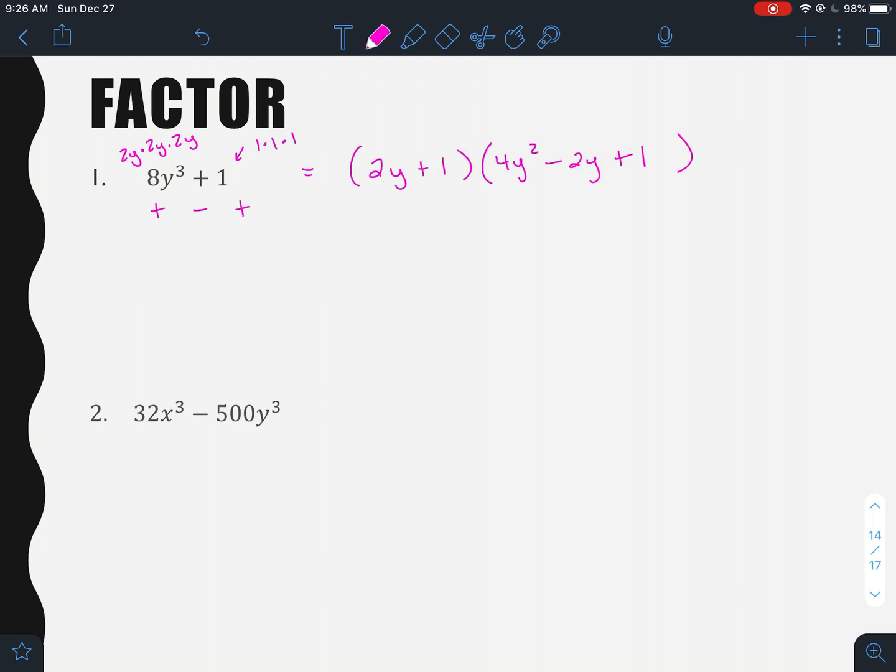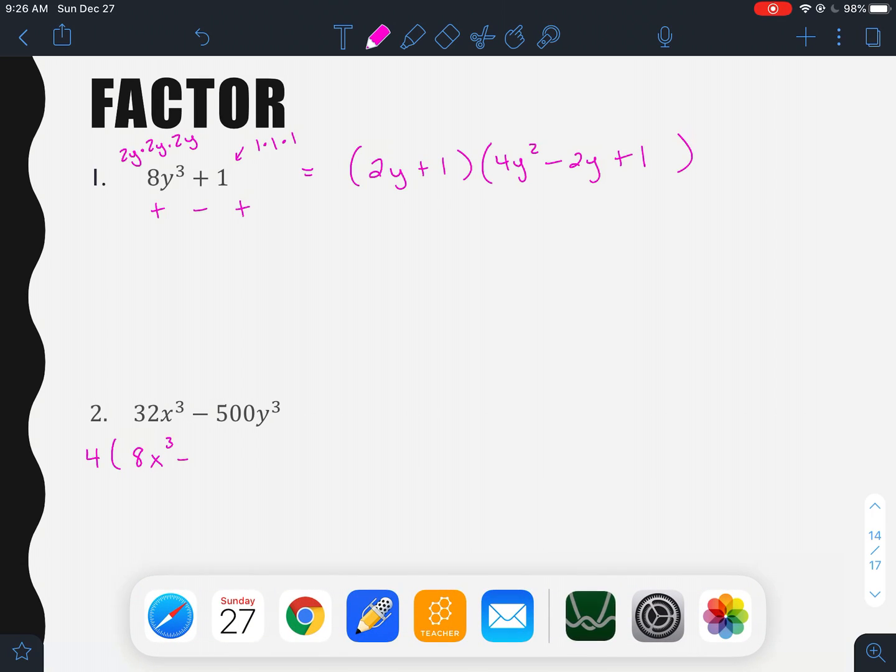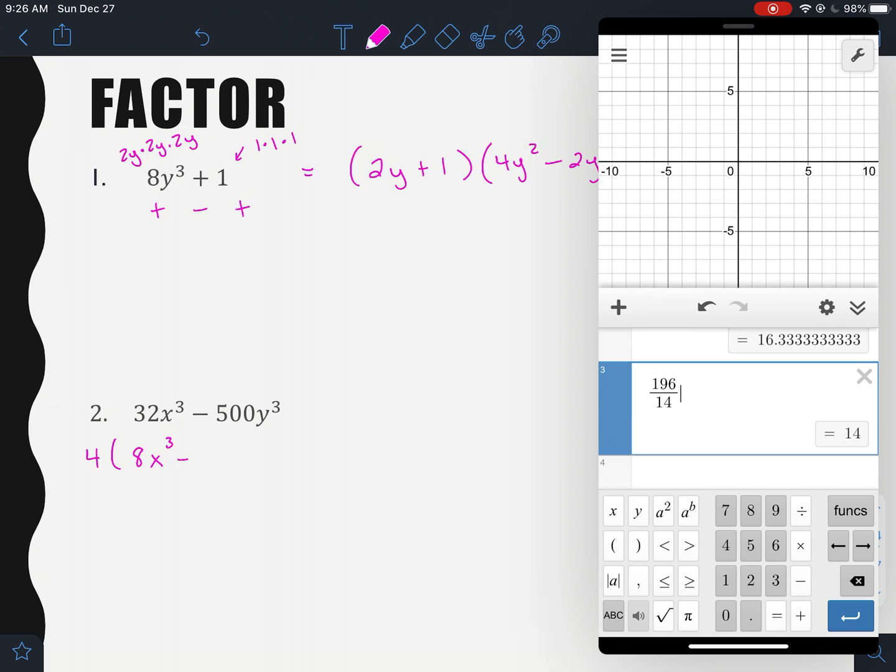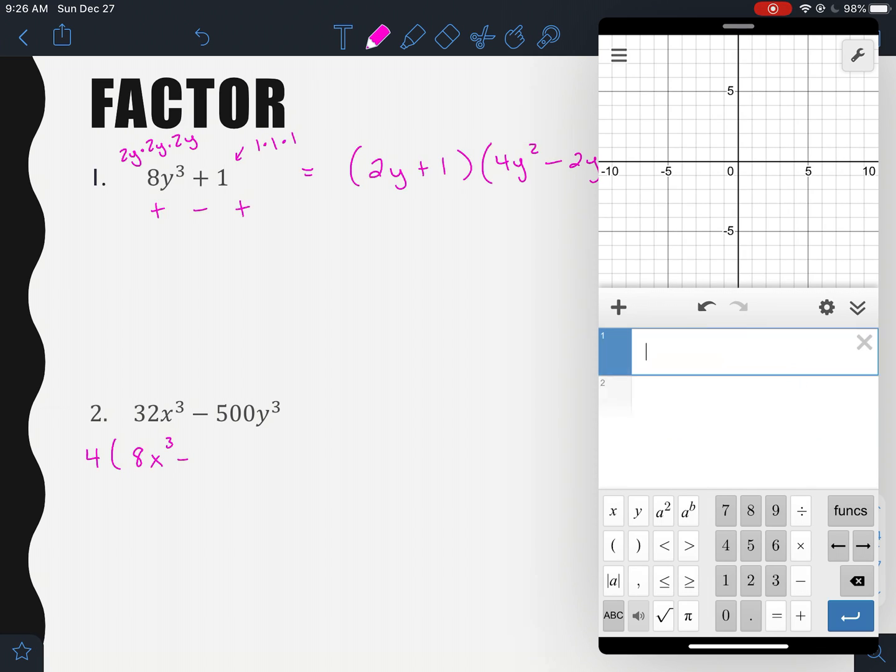All right, so now we have 32x to the third minus 500y to the third. Remember, in any factoring problem, the first step is to see if they have a common factor. 32 and 500 are both divisible by 4. So let's pull out that 4, and then we would have 8x to the third, then minus 500 divided by 4